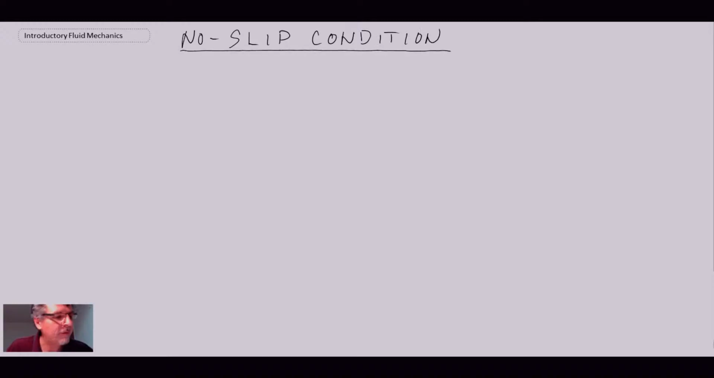And if you recall from an earlier segment, we've been discussing viscosity and the relationship between shear stress and shear rate in a fluid. And what we said was that for what we call a Newtonian fluid, we have this relationship, so we have that relationship between shear stress and shear rate. And now for the no-slip condition,